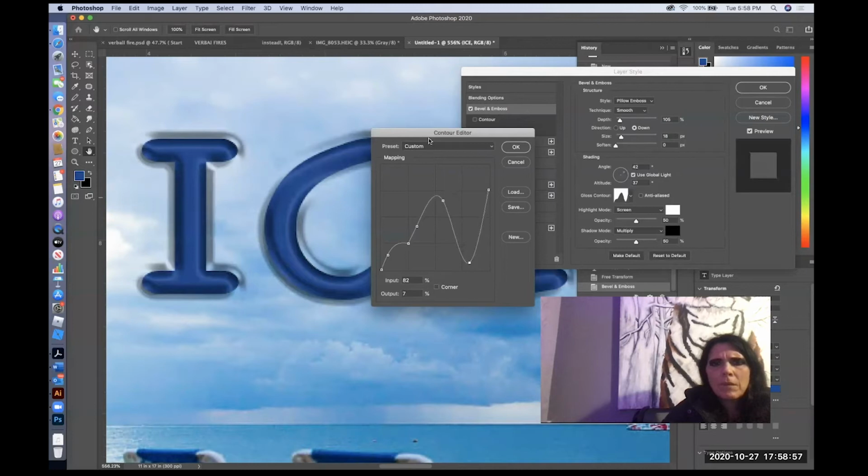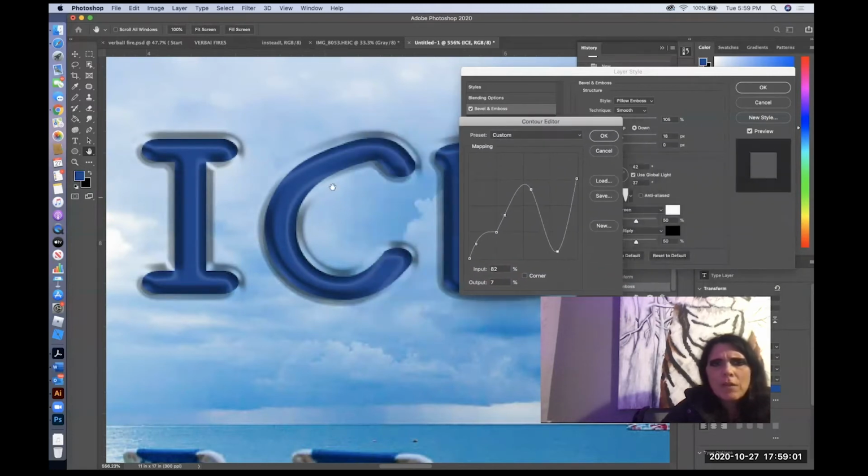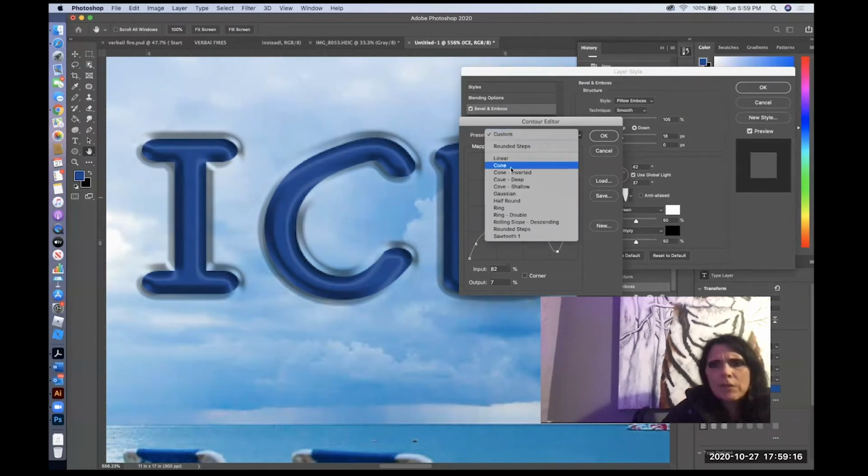If you like it, you hit OK. If it's something you want to save for future use... You see it jumps in and then out, and it's got a whole bunch of weird contours happening here. This goes down, up, down, little curve in here, and you'll see that kind of happening in the actual letter itself. Then you can choose back to linear cone,